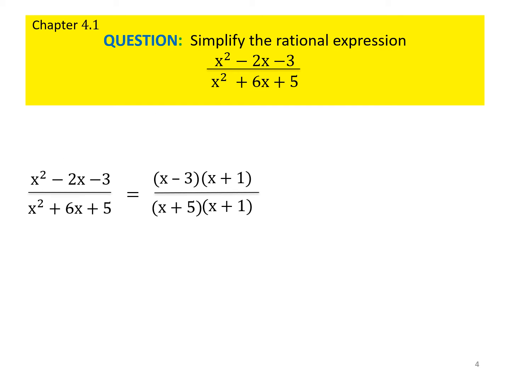A question you'd be asked is to simplify the rational expression that you see here. Now that rational expression is just a fraction that has variables. You know how to simplify fractions. The name of the game in this chapter, folks, is factoring, factoring, factoring. Everything you do, you are going to factor as best as you can. Look at the numerator in our example. We factor that numerator and that denominator.